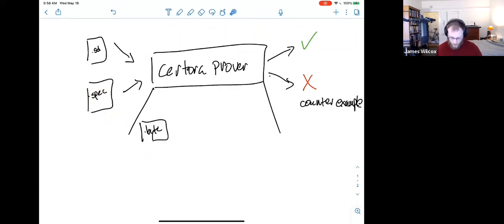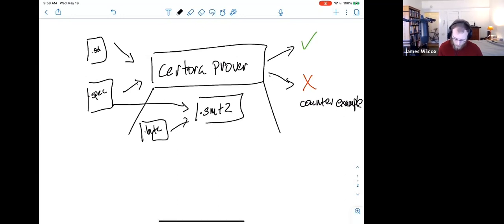We have the property that we're trying to prove expressed in the specification. And we take those two things together, and there's a formal process called verification condition generation, or VC generation, which takes those two things. So I don't know how I'm going to draw this. Why don't I just make more arrows? That's going to generate a verification condition,